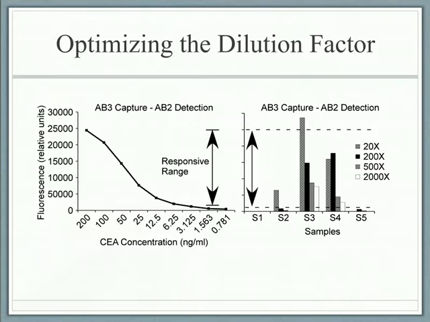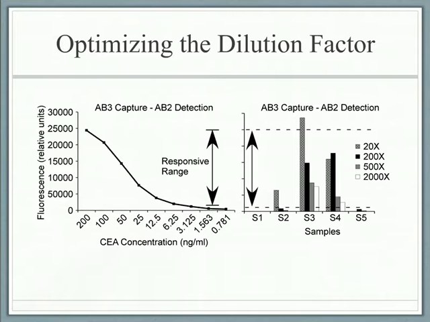And then if the CEA is too dilute, so down near 2 nanogram per milliliter or so, we can no longer pick up the signals. So in between that range, the fluorescence values from about 25,000 down to, say, 10,000 or so is our responsive range. So what we're looking for is signals in that range. So then we take our control samples, we run each of them at multiple dilutions, and we see which dilution gives us signals that are in that range from 25,000 down to 5,000 or so. And you see the examples of that data in the right plot.